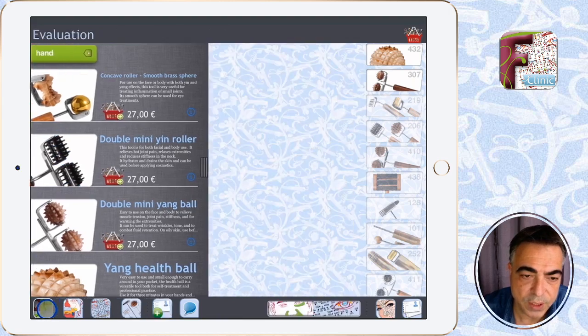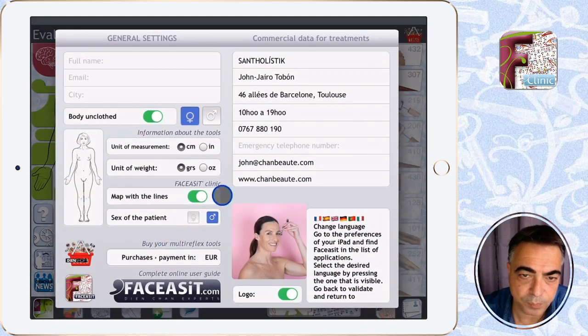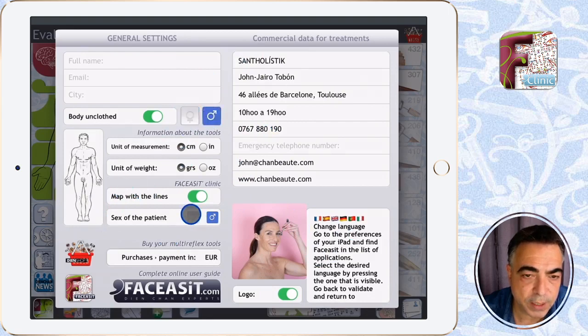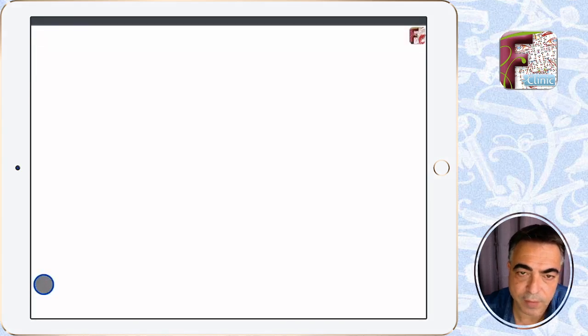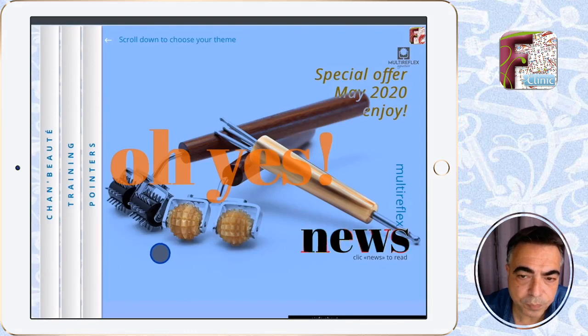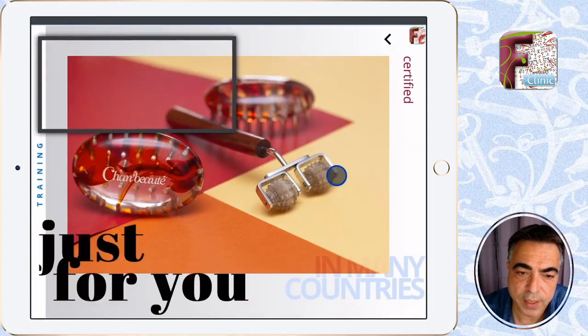All right, and from the beginning you have many sections. From the settings, you will be able to put your logo, your name, change the sex of the application, and also access the manual. All right, and from here you will have access to the news. Pressing here, you can access the news and the next trainings,